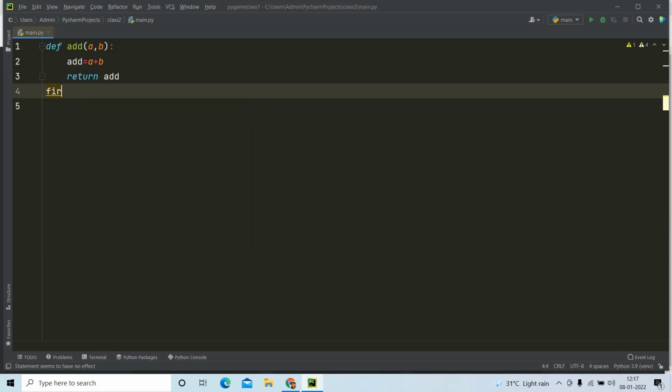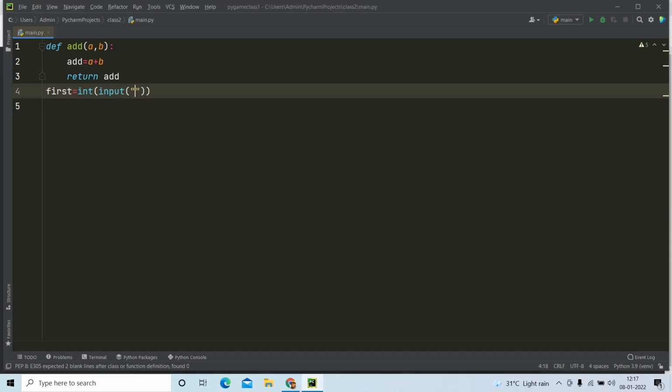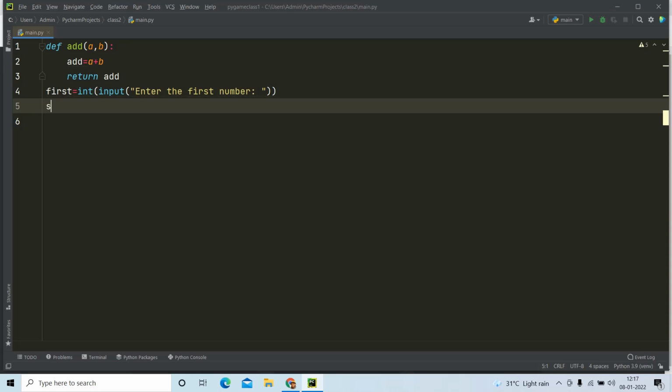So first is equal to, and I will add two integer numbers, so I am writing int input, and I am having another variable to get my second number. Yeah, so we have got two numbers.